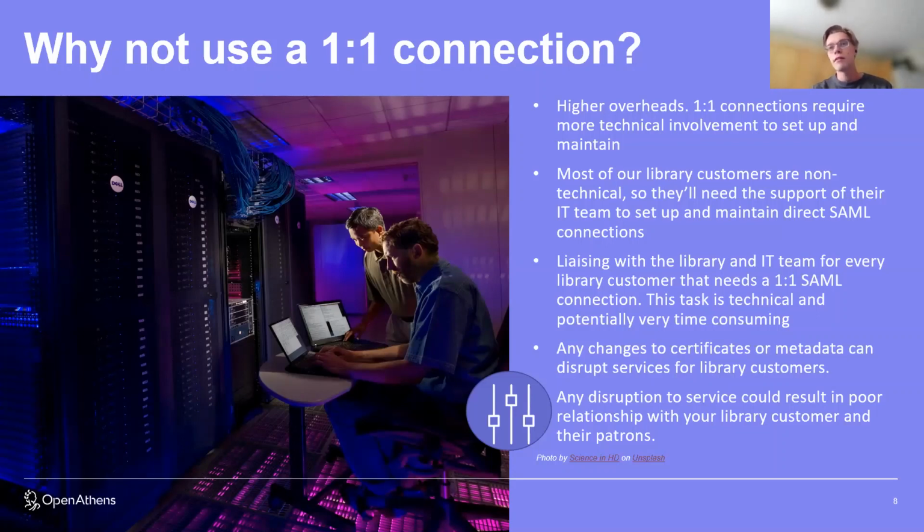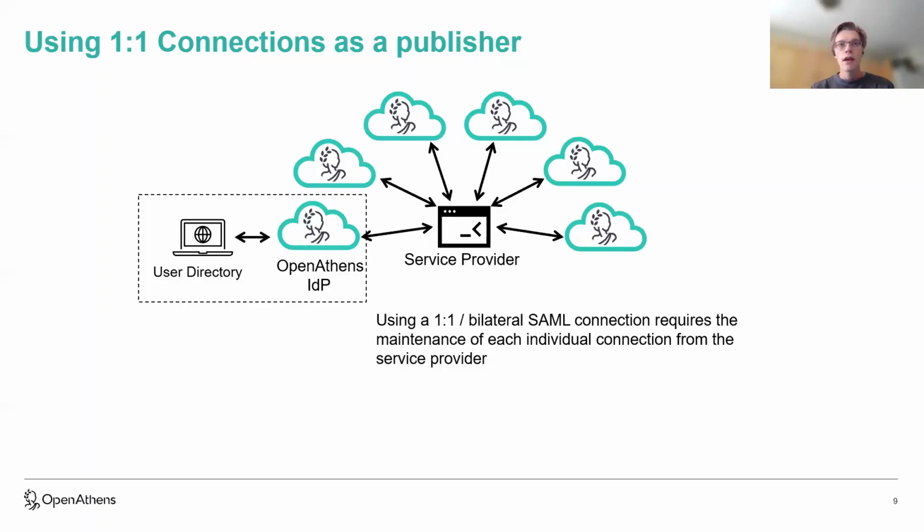And also in maintenance, if there's any change to the metadata on the service provider or the identity provider side, that could cause issues. Things like certificates or any other changes like that could break that connection while it's live and working. So looking at the service provider map, if you're connecting to multiple identity providers, that quickly becomes a larger web of connections that you'll have to maintain, with each individual IDP and each individual connection to each of those IDPs.